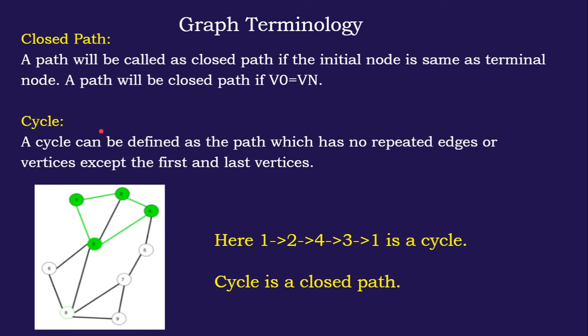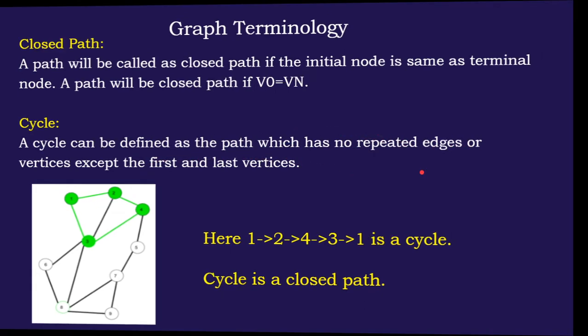A cycle can be defined as a path which has no repeated edges or vertices except the first and the last vertices. And